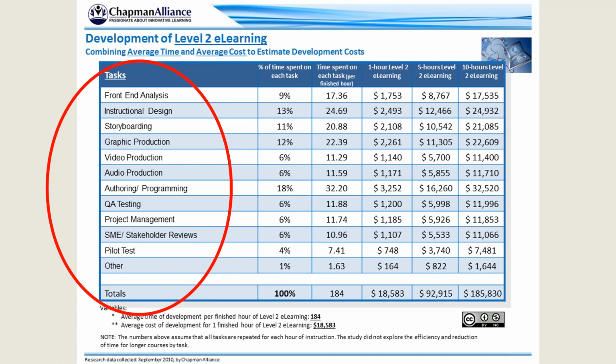Now, as I mentioned, front-end analysis, gap analysis and business analysis are highly complex. So just having a one-liner there doesn't give it the robust explanation it needs. But look how much time it takes. It takes almost 10% of the entire e-learning development process. And for some of you, that's probably not quite enough. It may take almost 15%, depending on your authoring platform. So it really depends. But each of these has a succinct level, so you can certainly use this as a basis to start your own. So that's a good question.